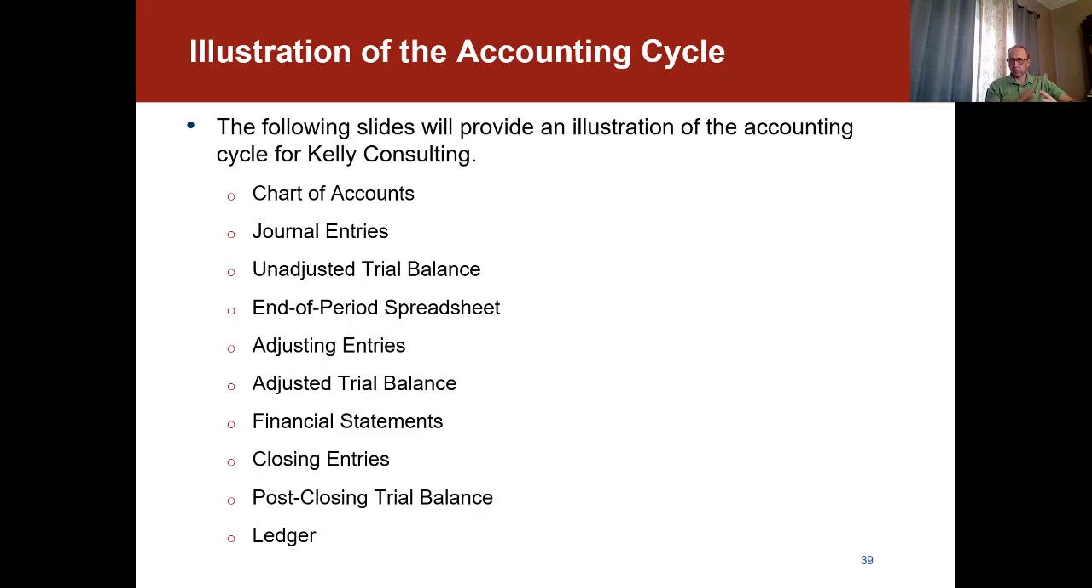I'm going to be going over them very quickly because this is basically repeating what we've done in the previous chapters. So we have the chart of accounts, we have the journal entries, unadjusted trial balance, end of period spreadsheet, adjusting entries, adjusted trial balance, the financial statements, closing entries, post-closing trial balance, and then finally we'll see how the ledger